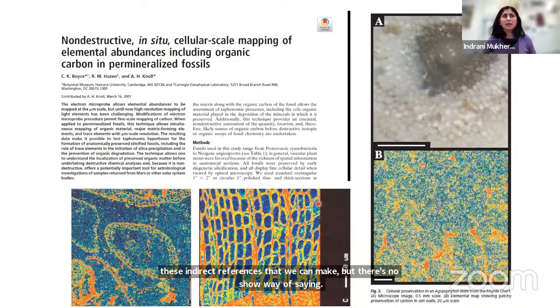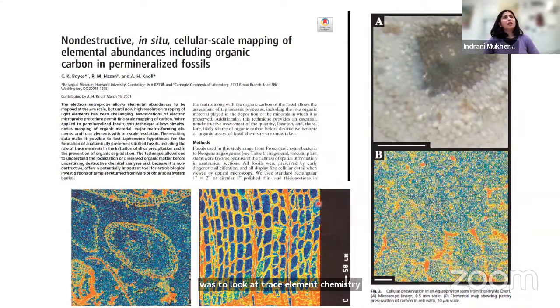So I thought, like I said, the whole premise of this was to look at trace element chemistry. But just to show that I'm not the first one to do this or anything, people have looked at the concentration of elements in preserved fossils or textures to see if that can be used. And usually carbon is a very good way of, or has been proposed to be a good indicator of biogenicity. This is a really good paper by Boyce et al. And it's a bit of an inspiration for me really, to understand how and why certain elements are concentrated in certain parts of the fossil, and if that can be used to our benefit.